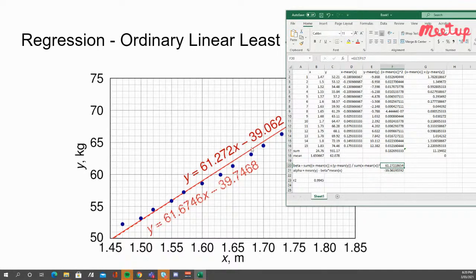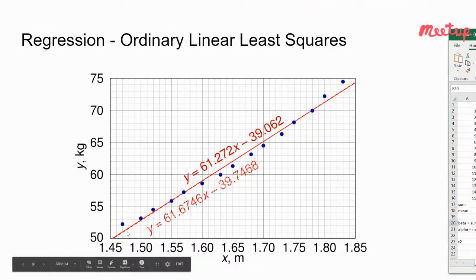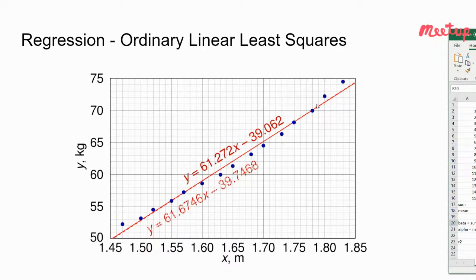So we match the equation for these points. And so this describes the best linear fit of the points on this graph,